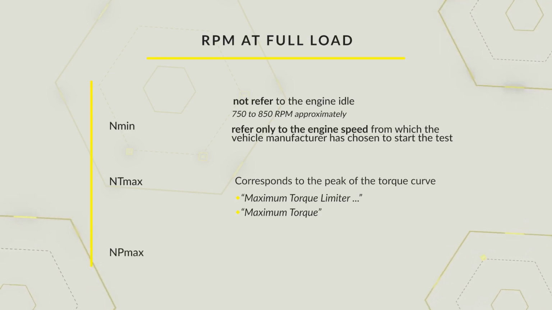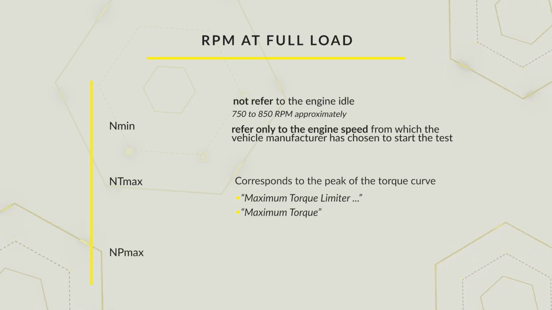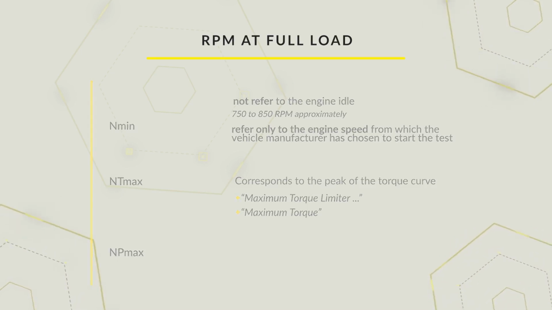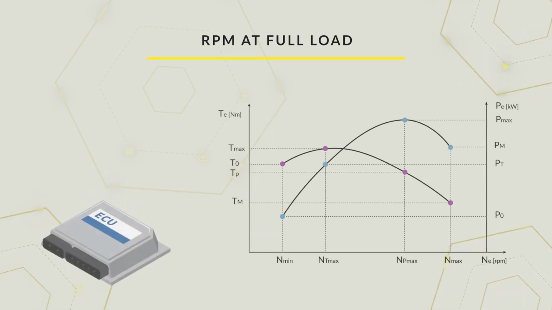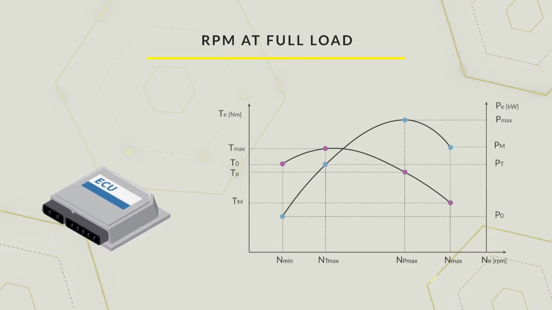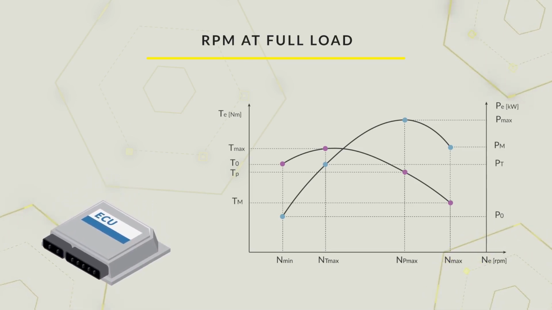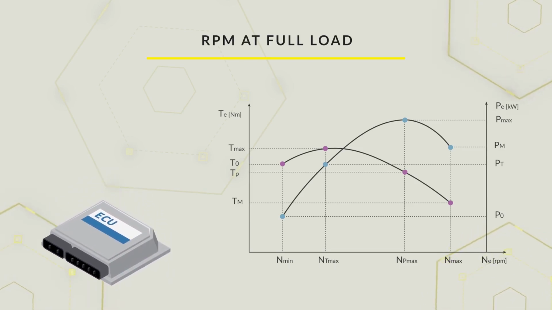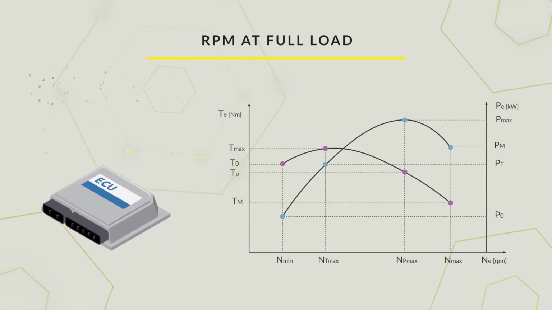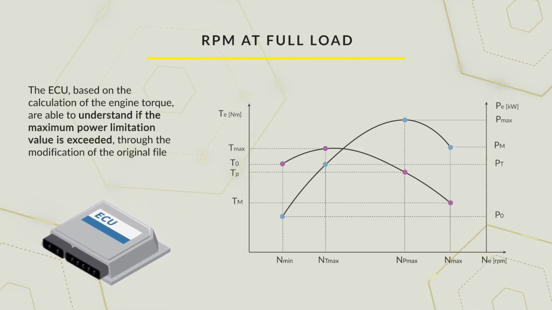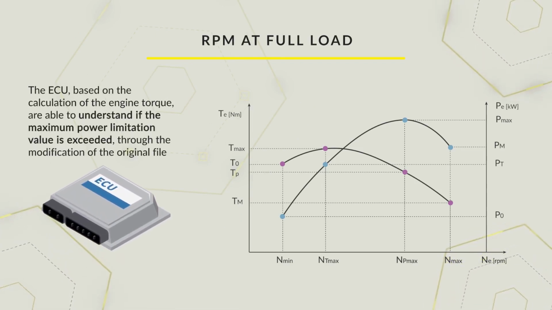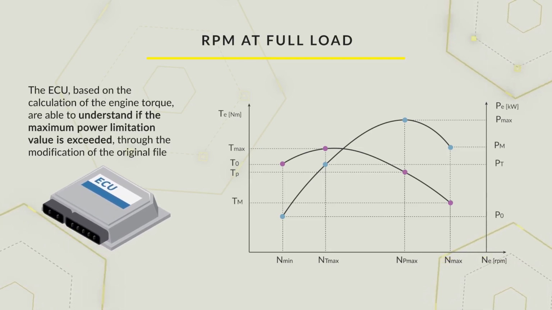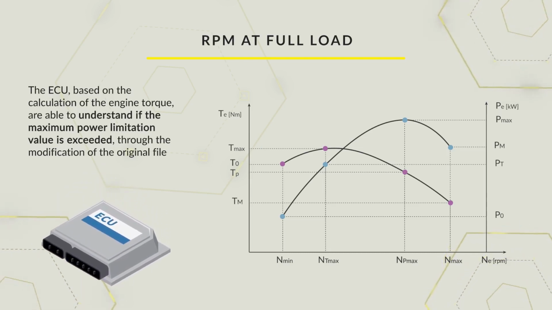The engine revolutions at maximum power are those which correspond to the maximum of the power curve. Currently, there are no engine control units based on power calculation, but some manufacturers have already begun to include maximum power limitation maps within the calibration files. The current control units based on engine torque are able to understand if the maximum power limitation value is exceeded through the modification of the original file, simply because the torque and the power are linked by a mathematical formula,